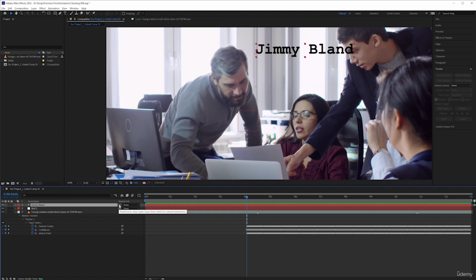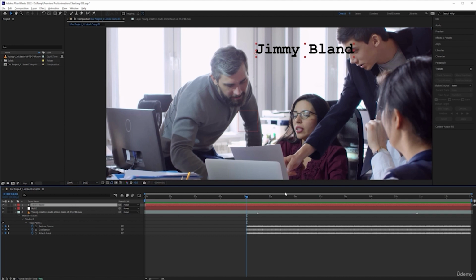All we need to do is grab this down here. Now this is a pick whip. And what we're saying is that we want the parent of this to be something else. Please don't switch off. Don't switch off mentally. There's a parent and there's a child. Okay. And arguably, if nothing is affecting something, it's a parent because it makes its own decisions. Whereas if it's a child, something else is affecting at least one aspect for it. And in this case, we want to make this text, Jimmy Bland, the child of the null, because the null